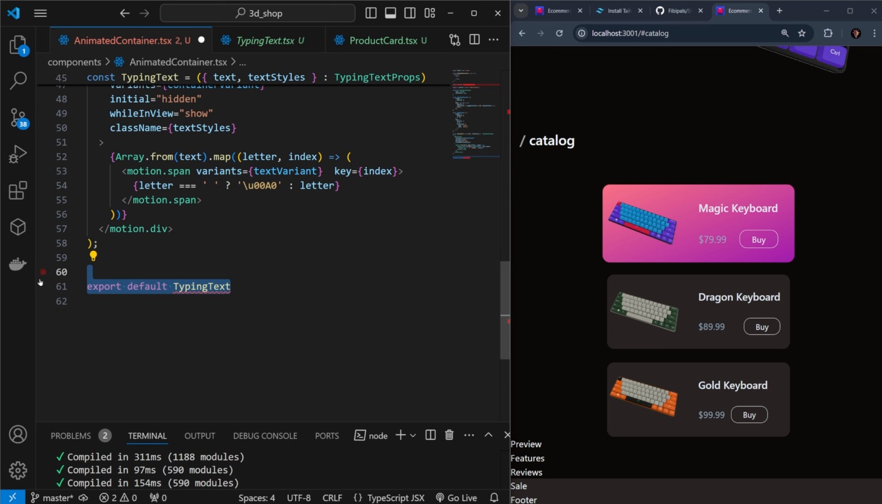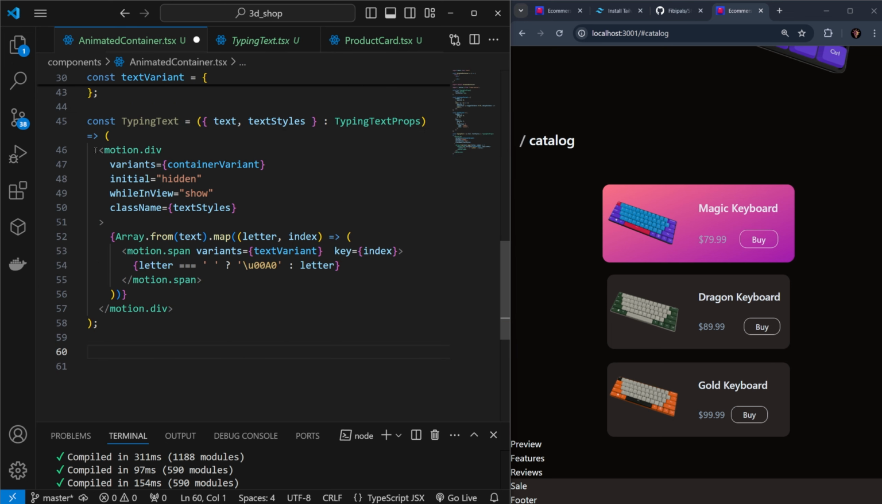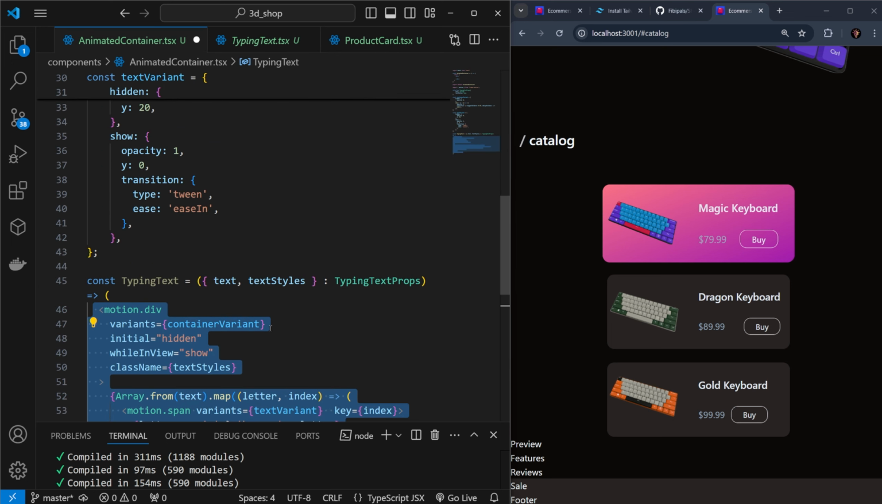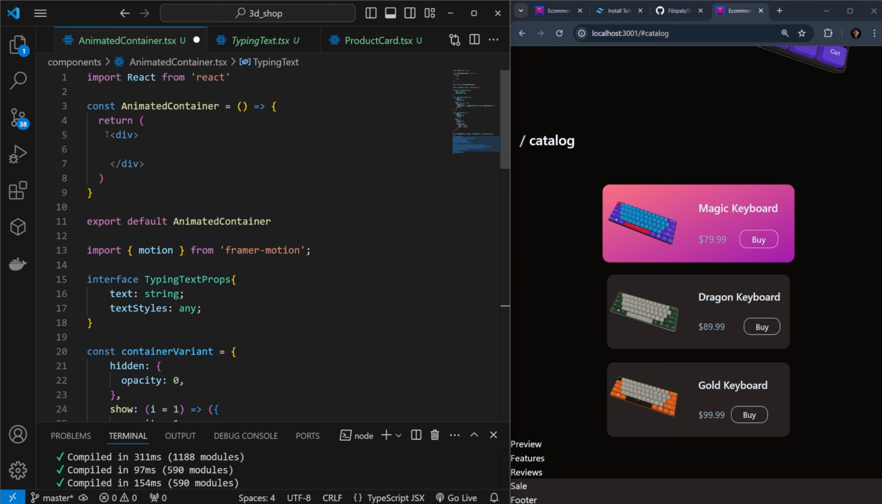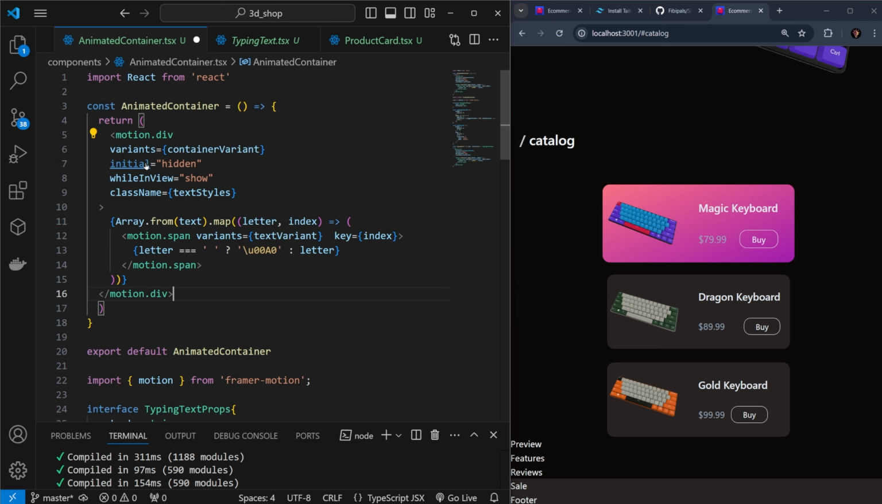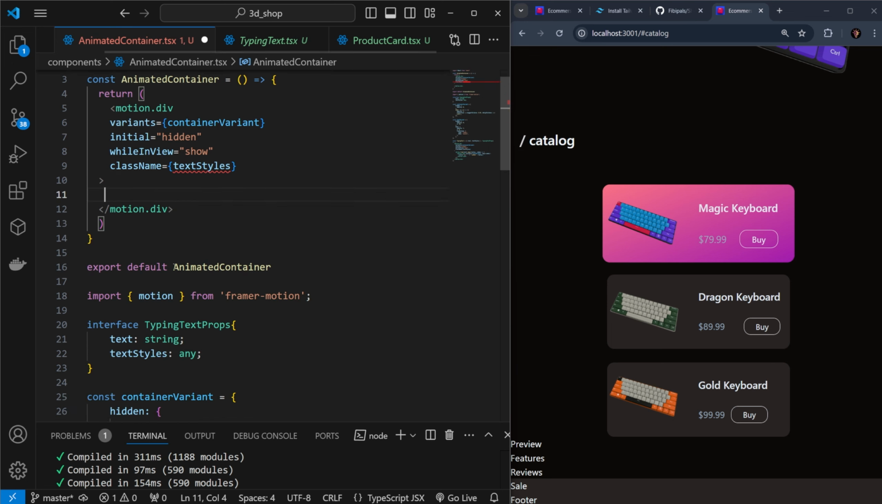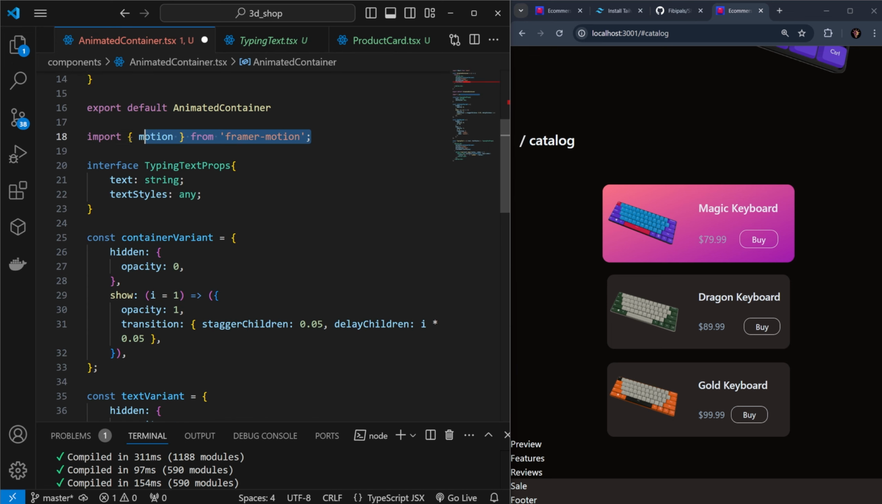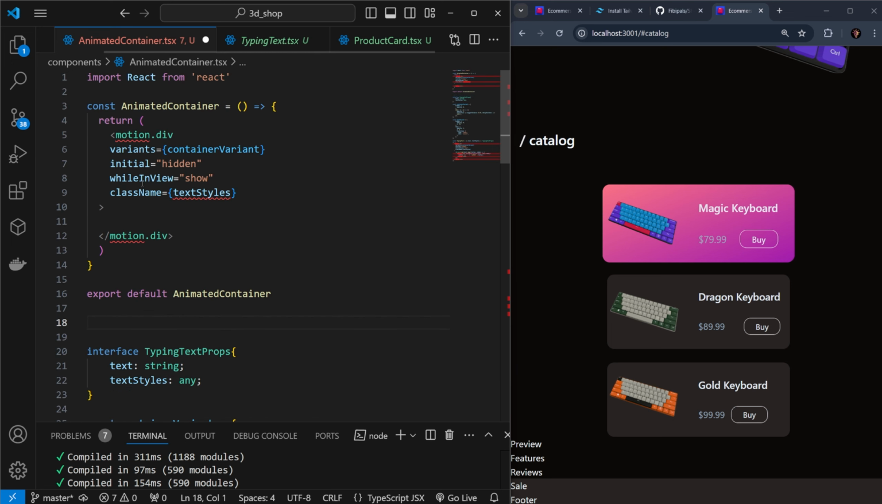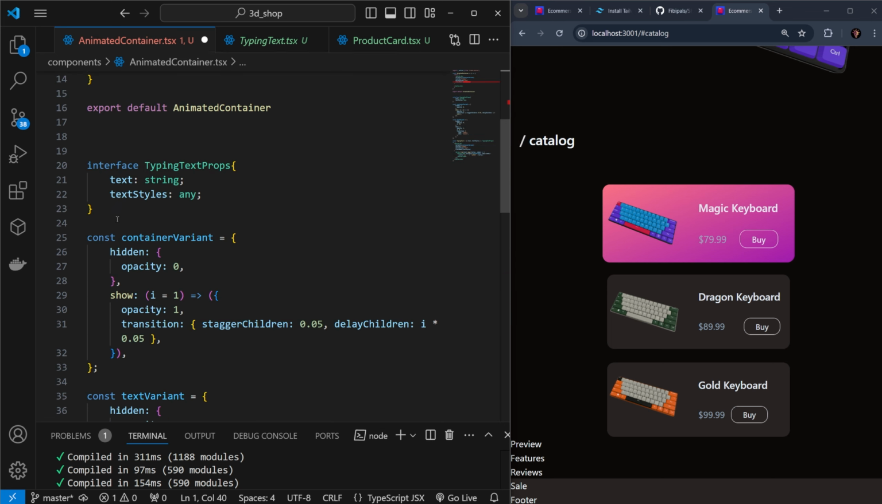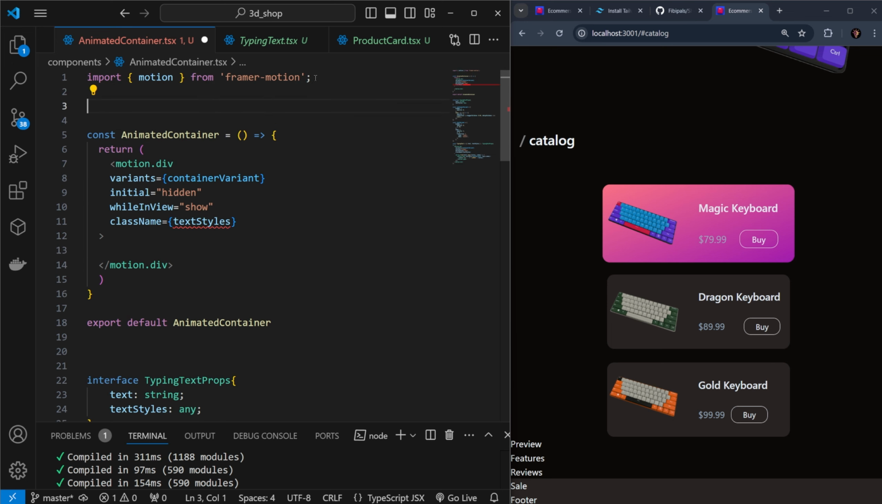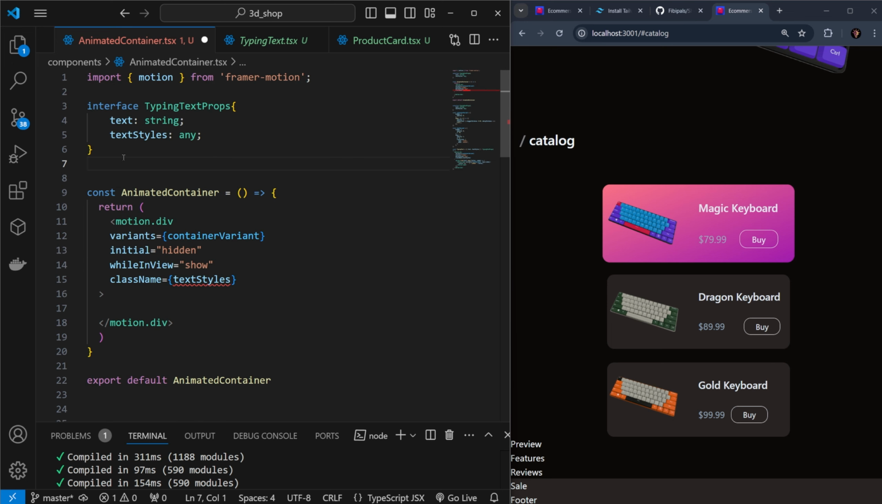Then we can delete something. So copy this inner div and paste it inside your animated container. Then delete this part over here. Also, we need to move this import to the top. Then after this, we need to rewrite this interface over here. So paste it in the top,